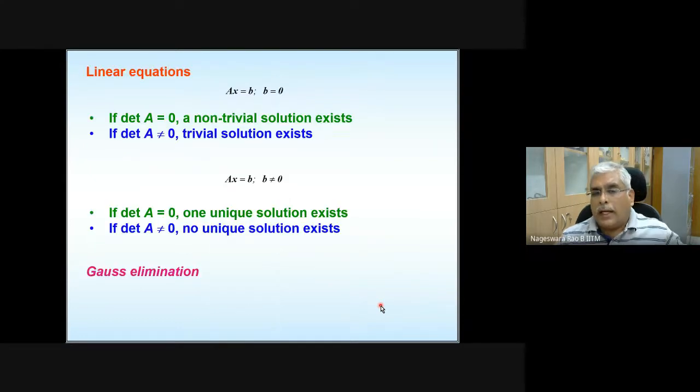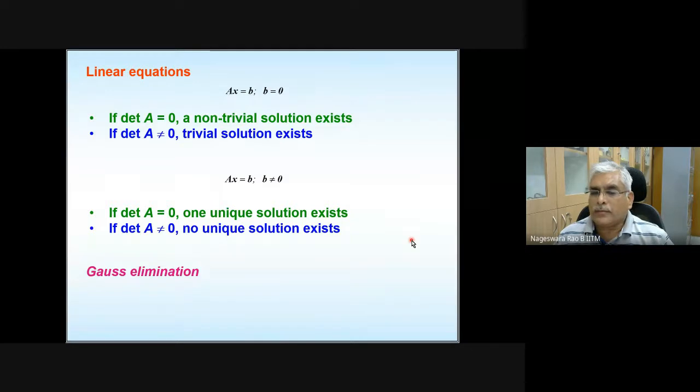Okay, and linear equations. Finally, what we have seen so far is how to translate physical phenomena into a set of differential equations and boundary conditions. Once we get the differential equations and boundary conditions, and we use some kind of approximation and get a system of equations, how do we solve this system of equations? And when does the trivial solution exist, when does a non-trivial solution exist, all those kinds of things which you must have studied as a part of your mathematics, you need to refresh all that.